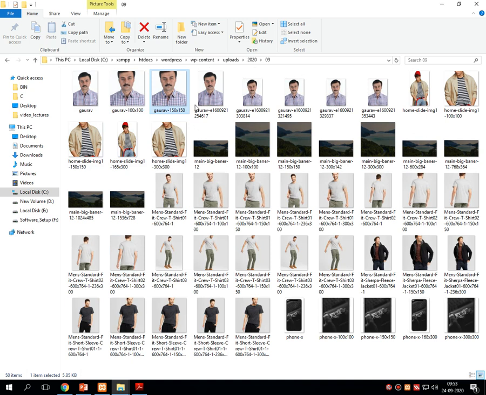Yes, here you can see the several sizes that I have created. I worked on my image for 100 by 100, 100 by 50. I have not changed anything. Then I have generated thumbnails for other sizes. So in this way, regenerate thumbnails works. Even I have gone for 674 by 607 for this image. Even I have changed something for this also. So all these things will be displayed over here. So in this way, Regenerate Thumbnails works.